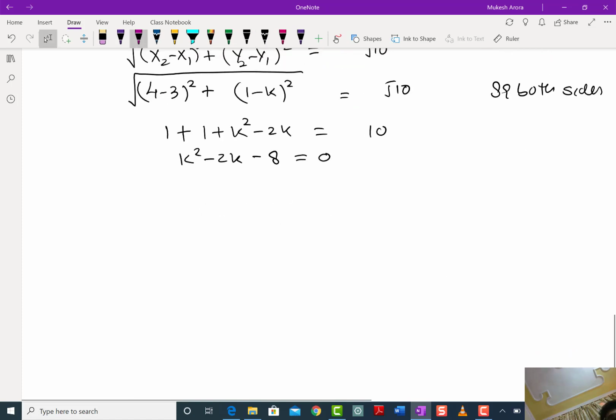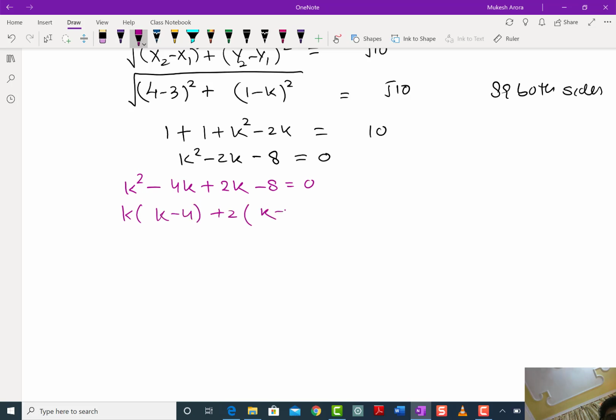Now this is a quadratic equation. k square minus 4k plus 2k minus 8 is equal to 0. k is common, k minus 4 plus 2 is common, k minus 4 is equal to 0 and k plus 2 is equal to 0, k will be equal to 4 and k will be equal to